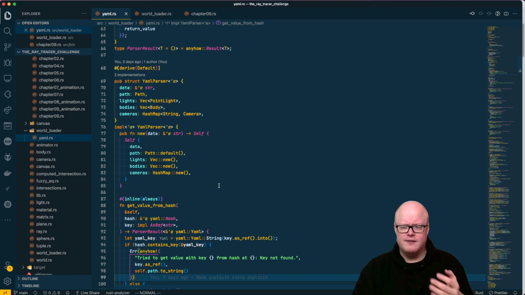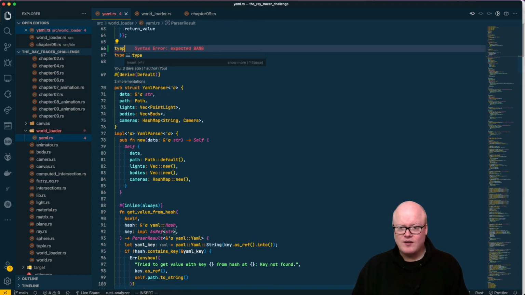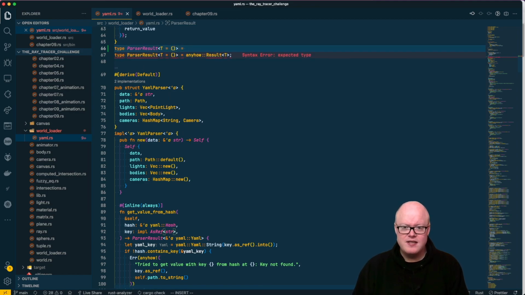STD error, I think, which is a trait, and you can implement it, and then you are implementing your own error. And I did this before, and I had, I don't know, 80 lines more code which implemented this error, which is fine. It's not that complicated, but these structs get really complicated really quickly because first I had something like a parser result, T equals,